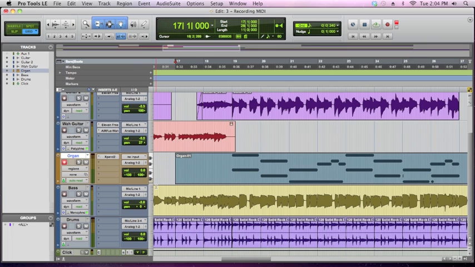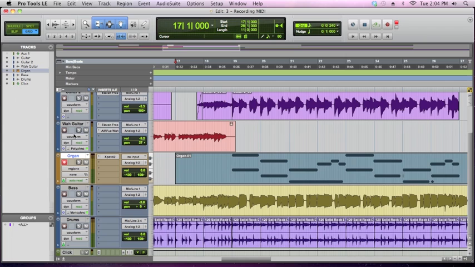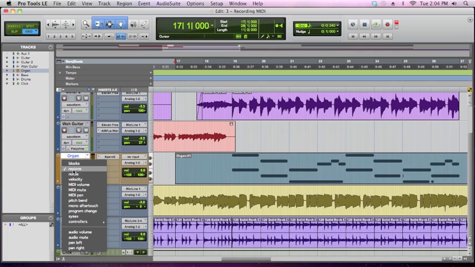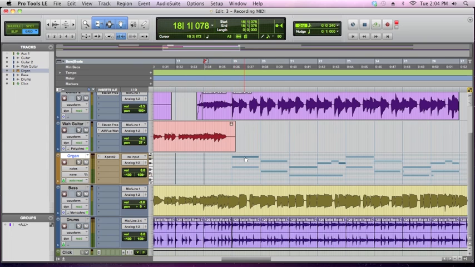Now, you've got this in region view. If you click here, it says regions. This is a lot like Audio Track's waveform view. This means it just shows you the region. Now, if you have Pro Tools 7 or older, the way you're going to want to edit this is click on Notes view. And what that allows you to do is simply click,